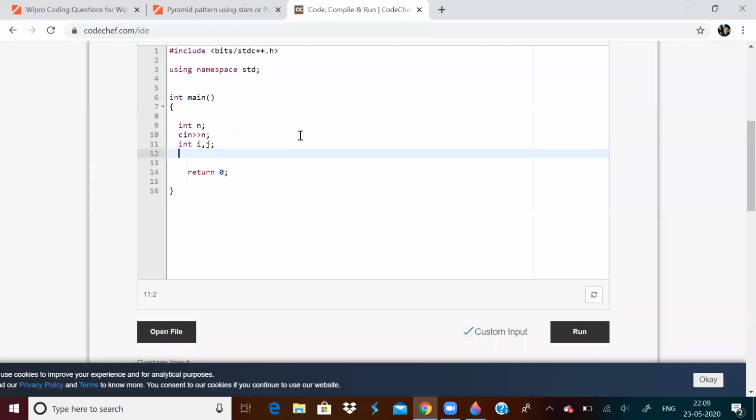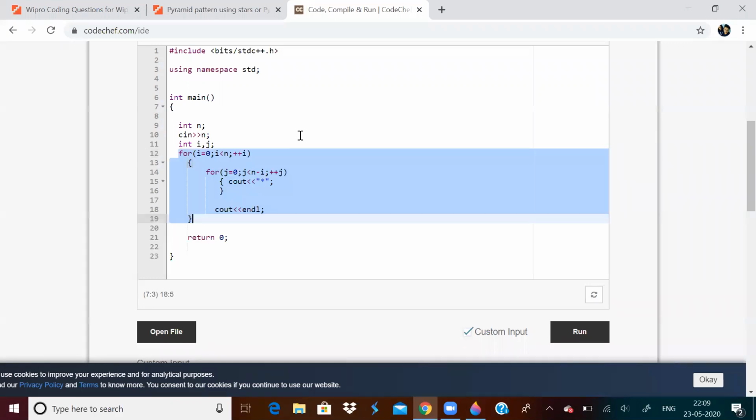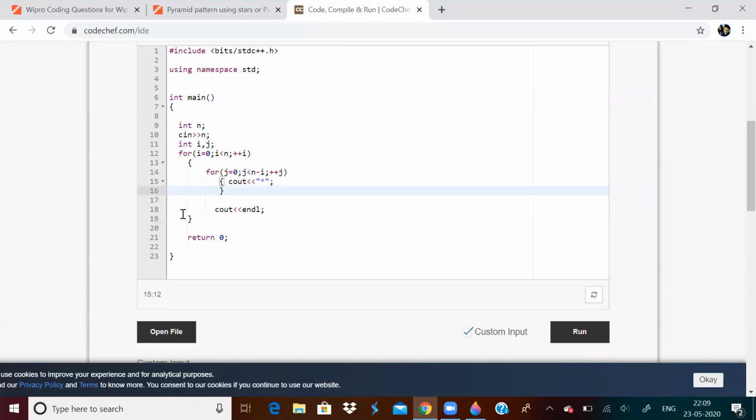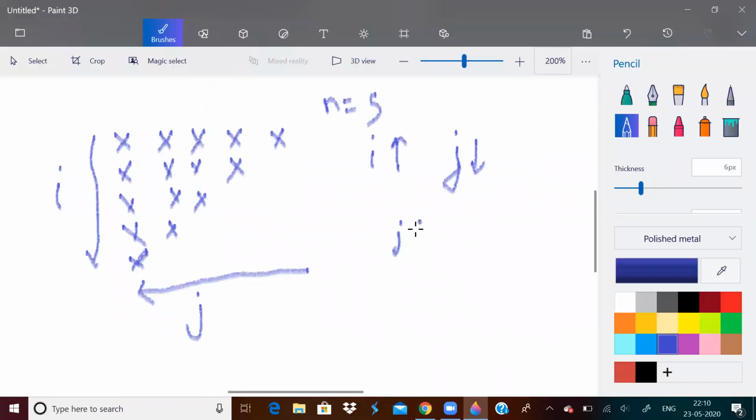Actually I had written a code and this was the code actually. So it's basically a double for loop wherein I'll run a loop from i equal to 0 to i equal to n, that is all the n lines. And then inside the main for loop, I have this condition, j less than n minus i. Let us look at that condition. What is it? It is j less than n minus i.